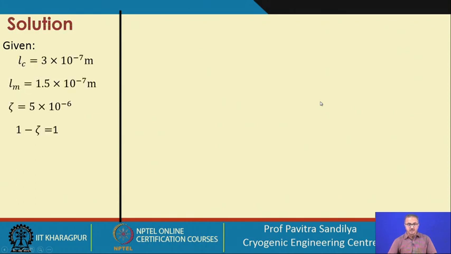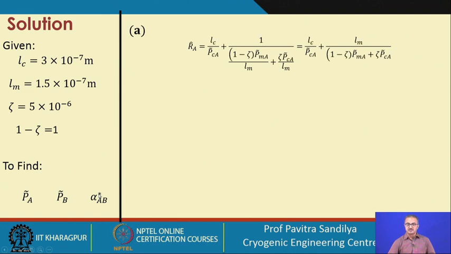Now, what we do is put in all these values which are given to us, and we find that 1 by zeta is 1. That means zeta represents the fraction of the coating and 1 minus zeta represents the fraction of the membrane. We find the value is so small that we can assume that even in the presence of the pinhole, almost every surface of the membrane is occupied by the membrane. And we have to find out these permeability values and the ideal separation factor.